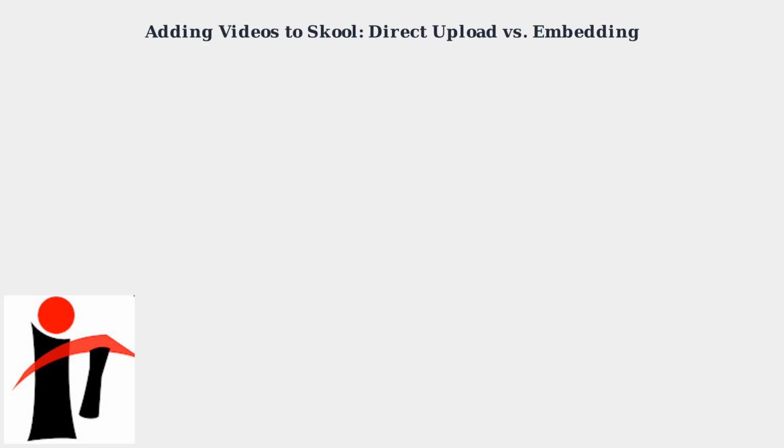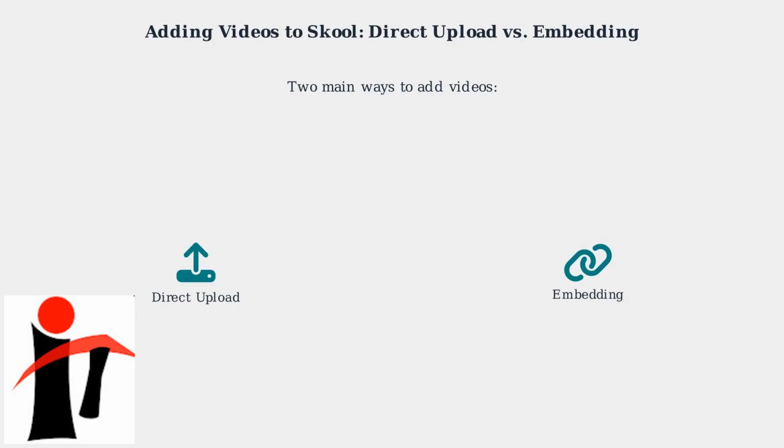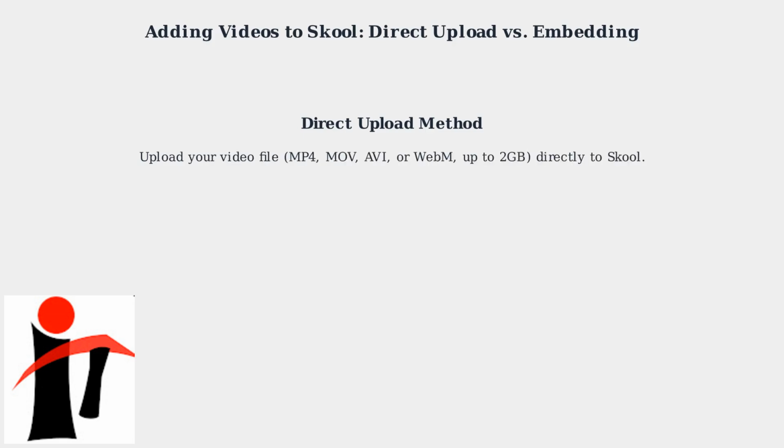There are two primary methods for adding videos to your school community or course: direct upload and embedding. Direct uploading means uploading your video file directly to school servers. Embedding involves using videos from external platforms. Direct uploading involves uploading your video file, such as MP4, MOV, AVI, or WebM, up to 2 gigabytes directly to